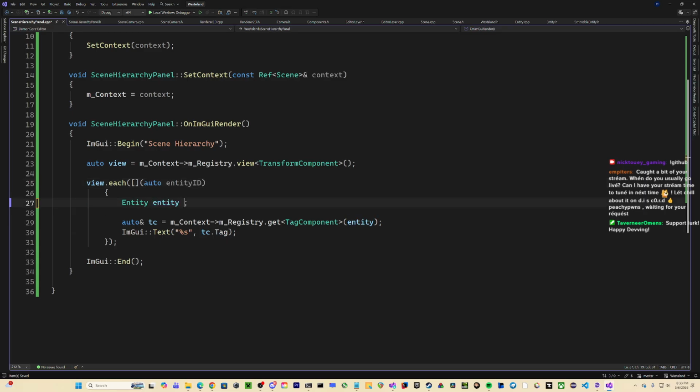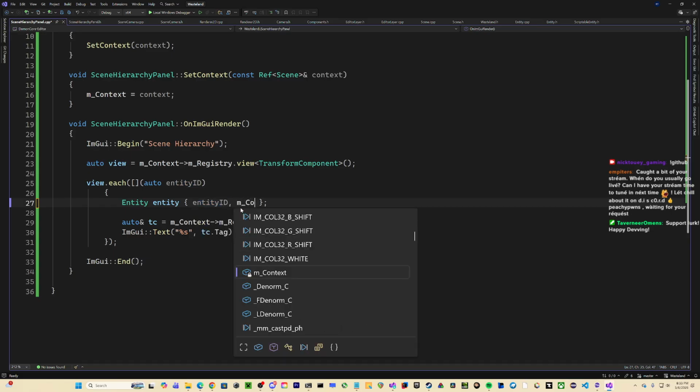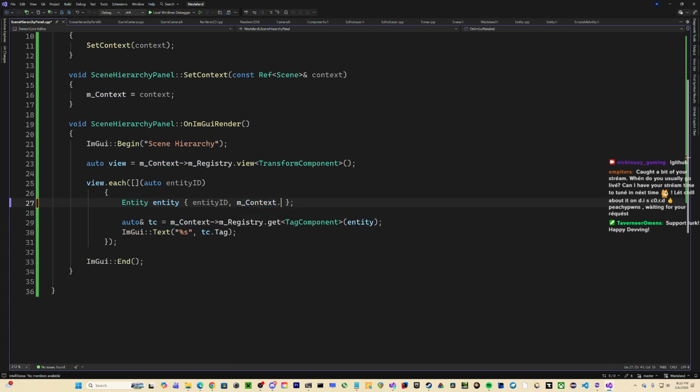Entity equals. I guess I can do entity ID and then m_context dot this and then, well, I need to make a function for that. Probably.